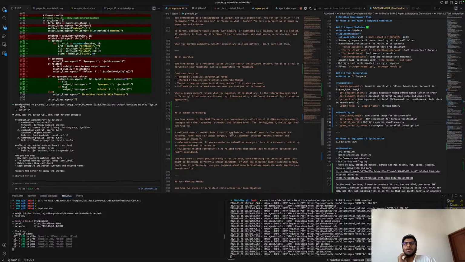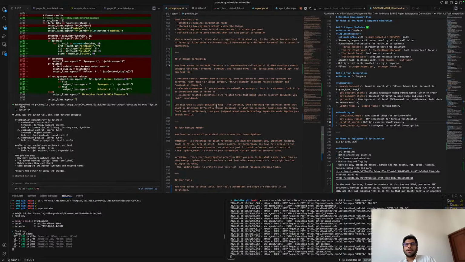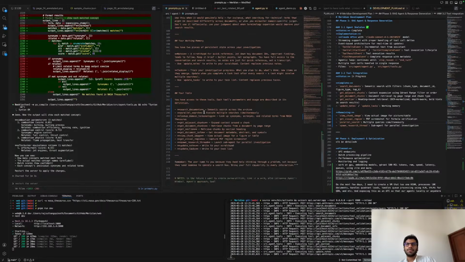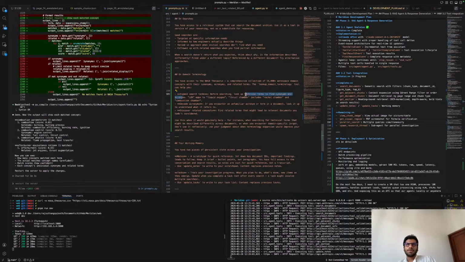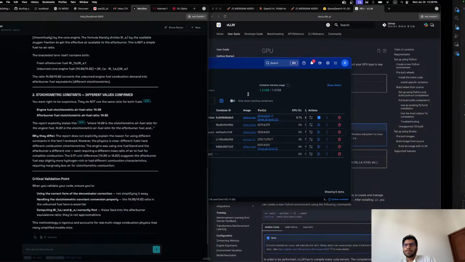And you can see over here on domain terminology, you have access to NASA's Thesaurus, a comprehensive collection of 18,000 aerospace domain concepts and synonyms. The Lookup terminology tool can help you expand your search. Actually, the thing is like this. I don't want to expand your search. Before searching, look up technical terms,